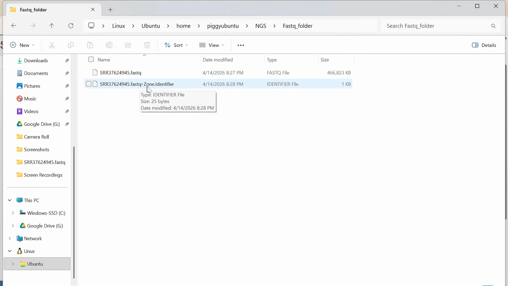So this file is basically a security tag and it is not biological data. Here this file has zero use in bioinformatics. We have no use for this file. So what can we do? We can either ignore this file or we can delete it as well. It is your choice. So this is the actual file that we are going to work with.